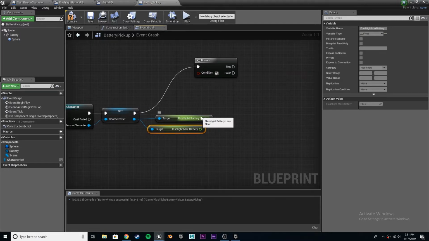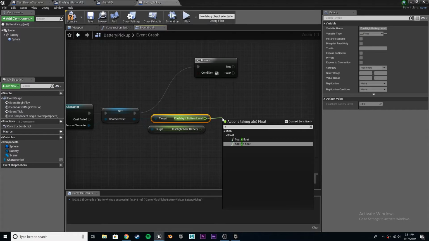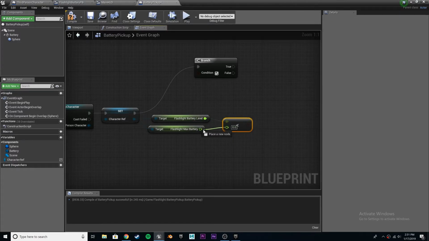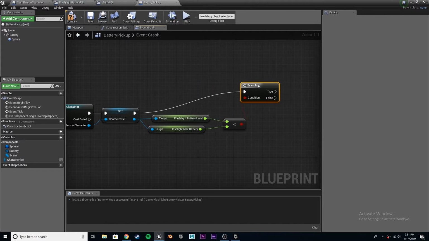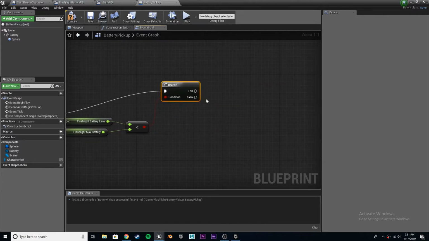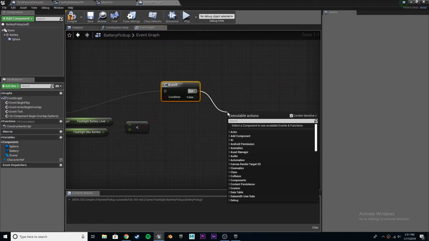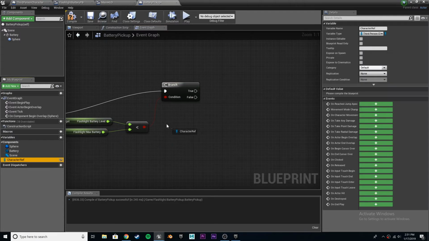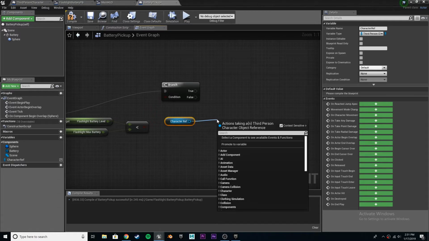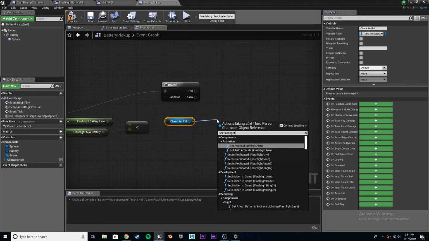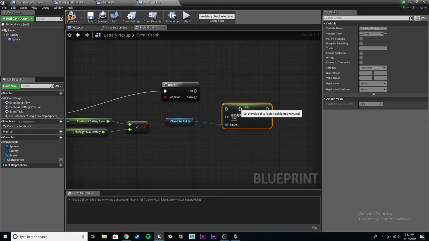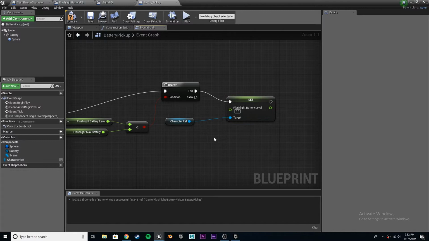Okay, and if the flashlight battery level is less than the flashlight max battery, then we have to set, this is where we're going to need this again, we have to set the flashlight battery level to